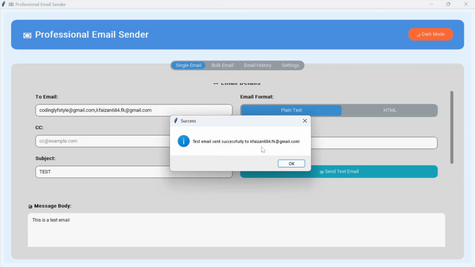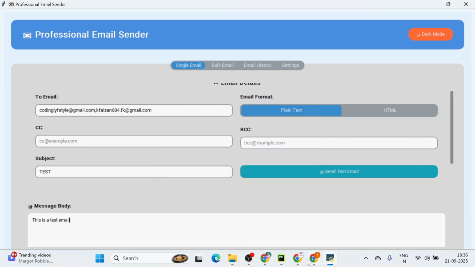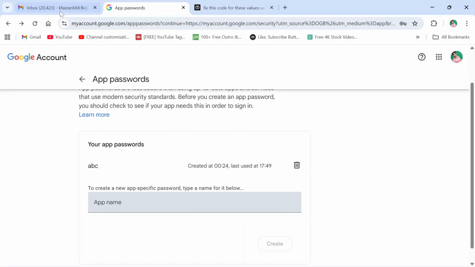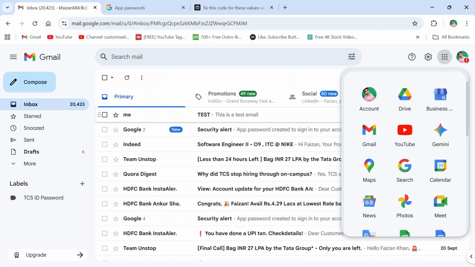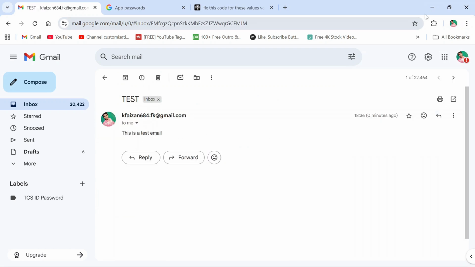So you can see test email sent successfully. So now I can go to my Gmail, and here you see the test email. Okay,